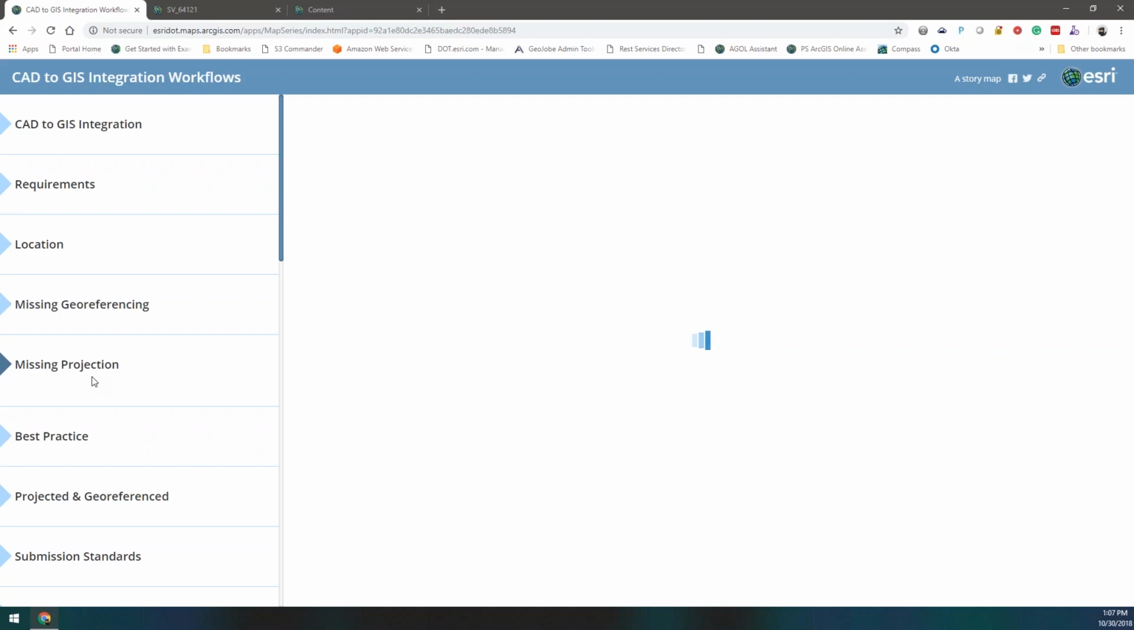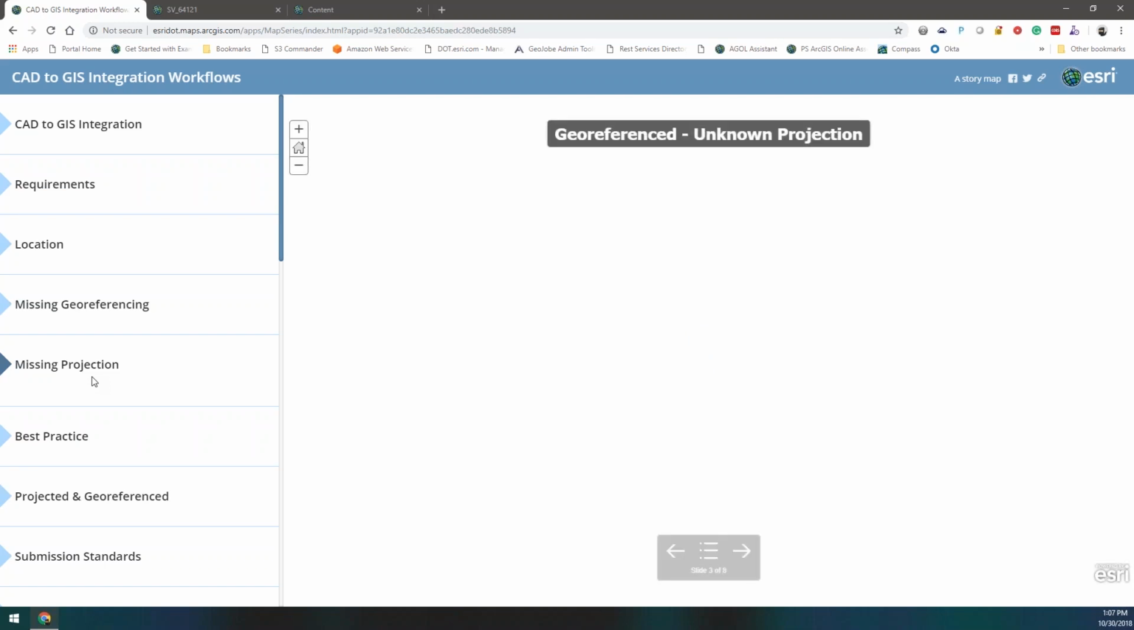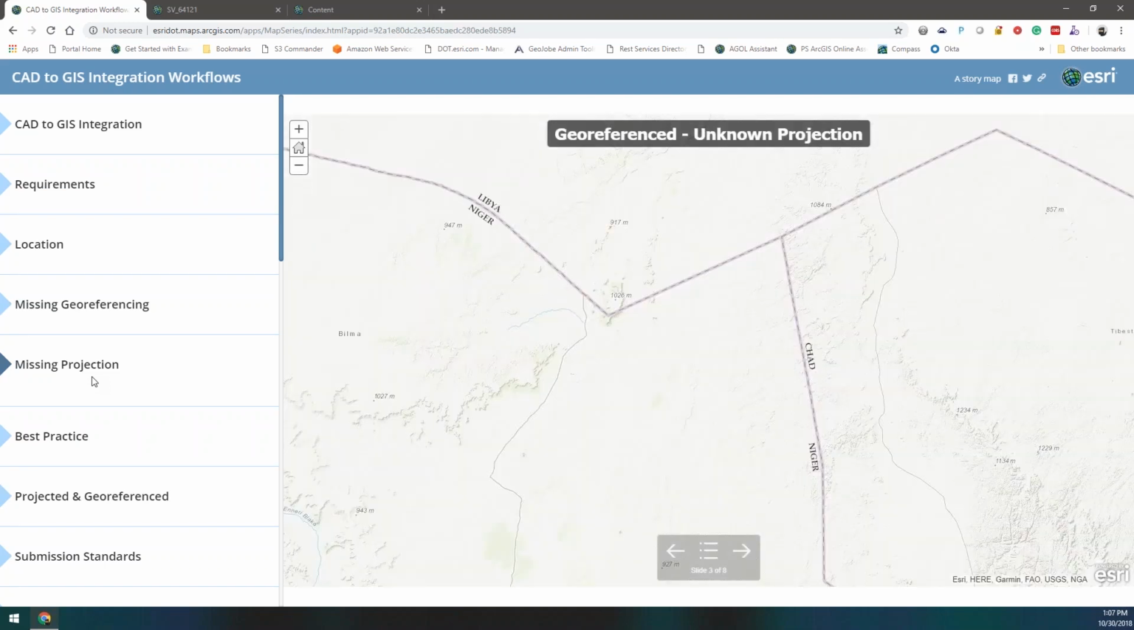When you look at a missing projection, this is an example of one. I'm loading up a CAD file in ArcGIS Online that's missing its projection, and what you're going to see is that it is showing up pretty much in the middle of Africa. What's interesting about this CAD file is it is actually located in Alaska. So as we zoom in,